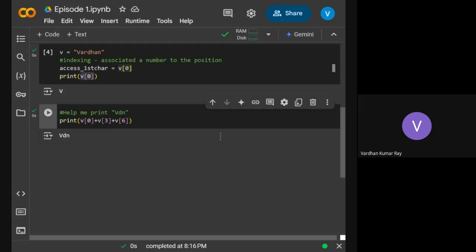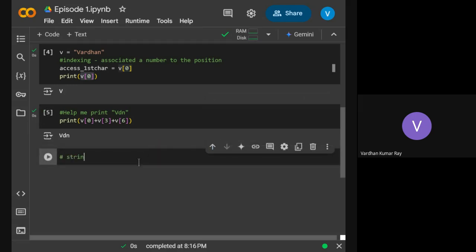Right, so now I'm going to talk about string slicing. So what is string slicing? Let me go back to my notes. I think that will make it more clear because people usually have a lot of doubts in string slicing. I would like to do it in slightly more detail.